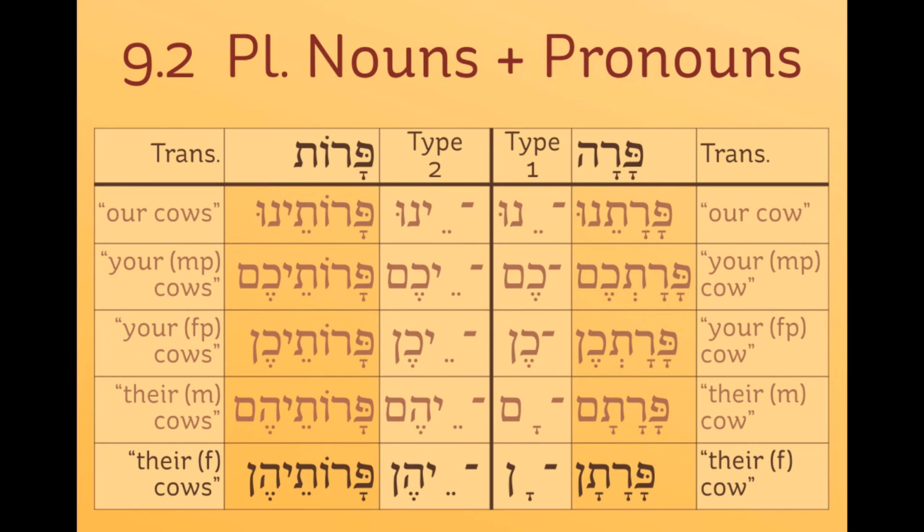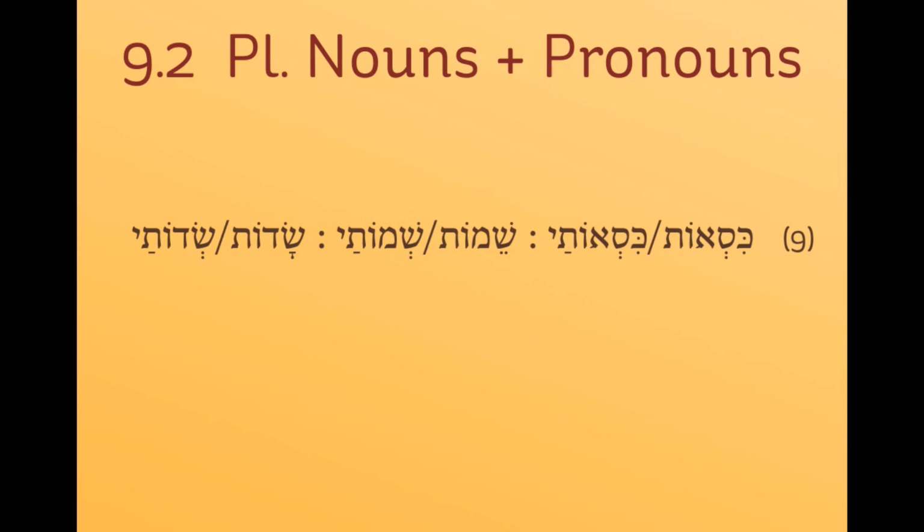Made it all the way through both paradigms for our model masculine word and our model feminine word. Now, I said that feminine plural nouns get to keep their plural morphology even when you have an attached type 2 pronoun, but that's not actually the case. What it is, any plural noun that ends in oat gets to keep that oat ending even with an attached type 2 pronoun. So all the nouns in number 9 are irregular masculine nouns, but the plural form ends in oat, so you get to keep the oat ending.